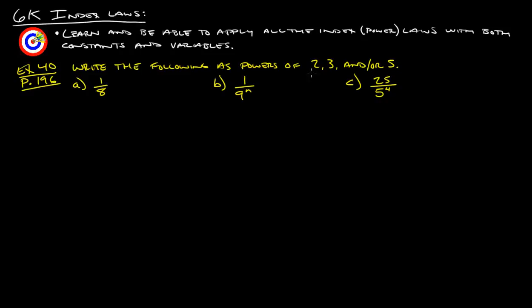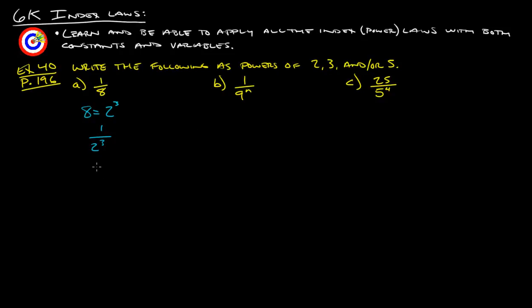Next to last set of examples, example 40 from page 196. Write the following as powers of 2, 3, and or 5. So 8, hopefully you realize, is 2 to the third power. So we can just write that as 1 over 2 to the third, right? Or